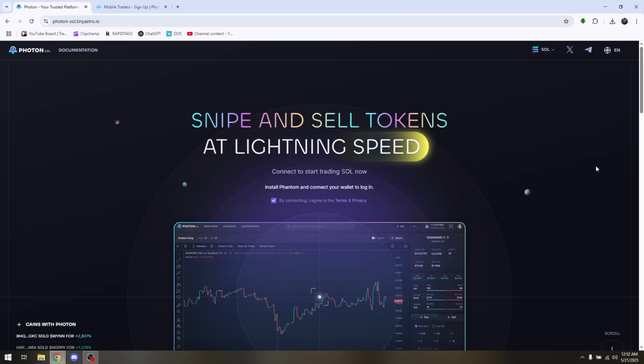How to use Photon Sol on Mac. The first thing first, all you have to do is just open up any web browser from your MacBook or any Mac device you have. Now, what you want to do next is just head directly to